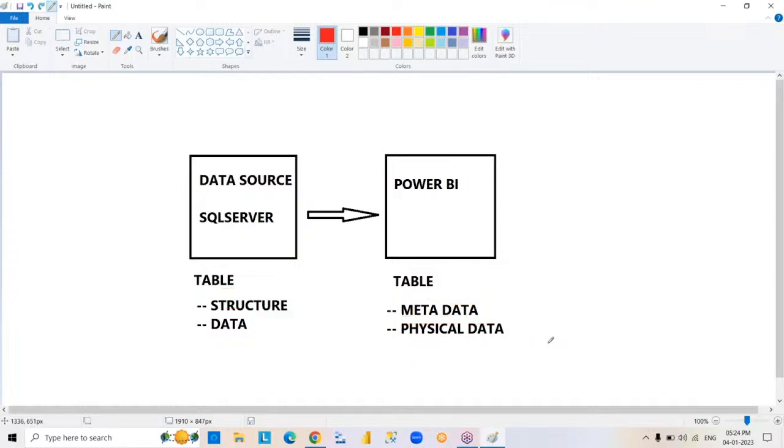See, next question is the format of the data. Format of the data is clear. Table only. Table contains metadata, physical data. And one more important point: you have to concentrate on Power BI. SQL is not so important for us. Query is partly important because